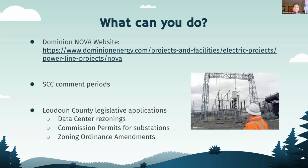should we be making things easier for data centers to be built? Should Loudoun County be approving special exceptions to build more data centers where they are not currently allowed? These are all very important questions to continue pushing back to planning commissioners, the board of supervisors, throughout the process,